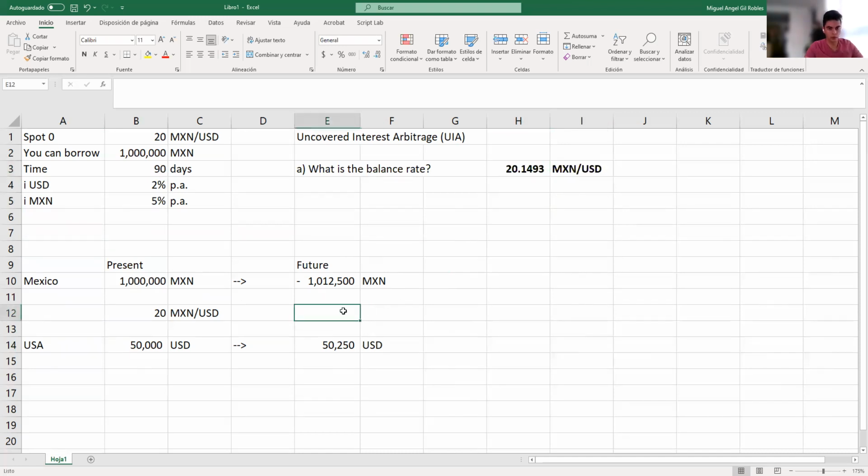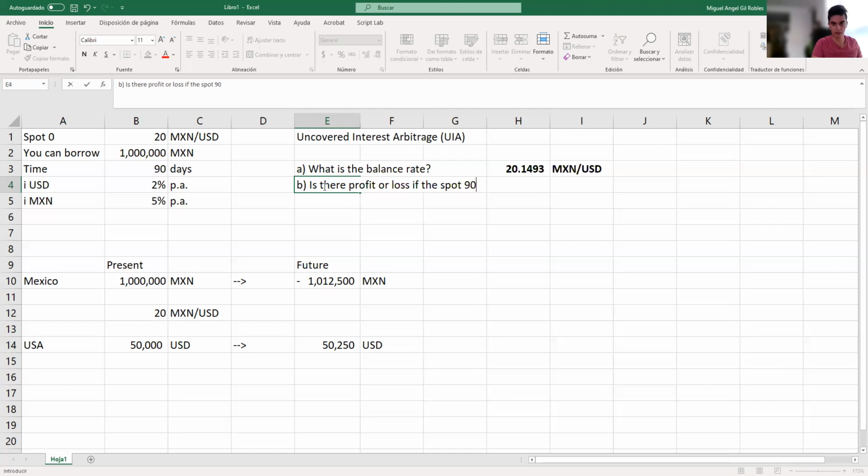So you can check if this is correct. You can convert your dollars to pesos using that rate, and you will see that it is exactly the same amount of money that you will have to pay in Mexico, right? So you're proving that this is a balance rate. And I can also ask you to simulate, or tell me if there is profit or loss,